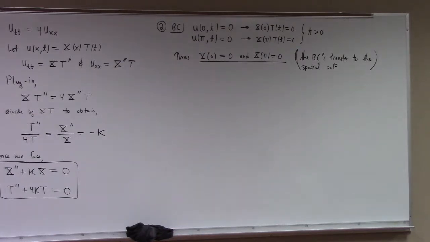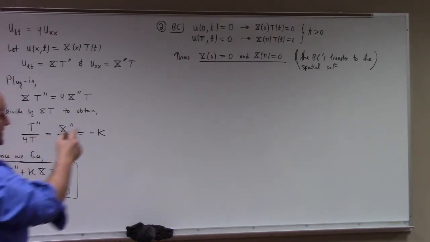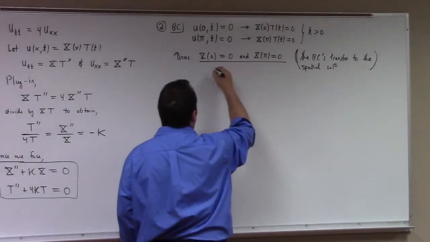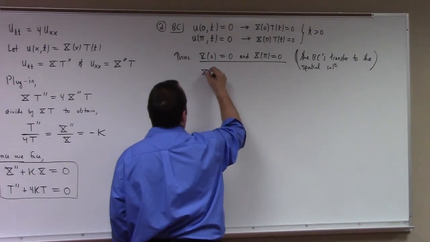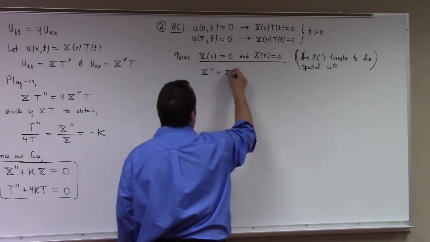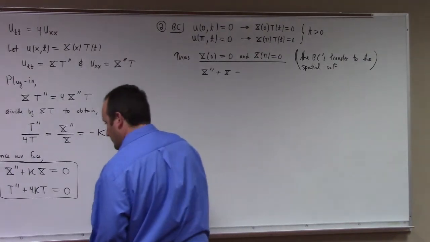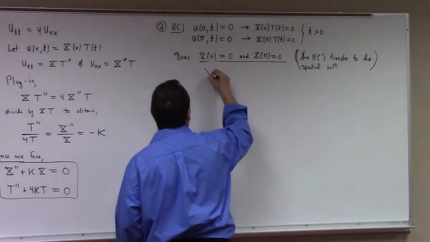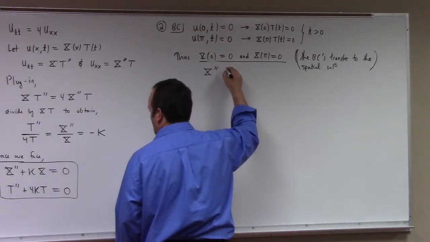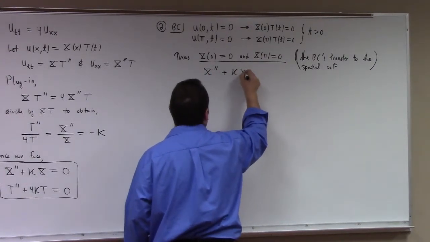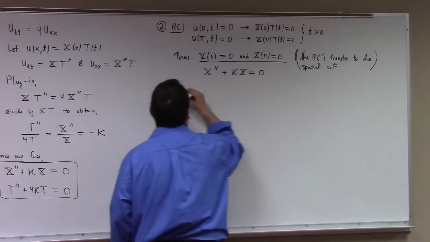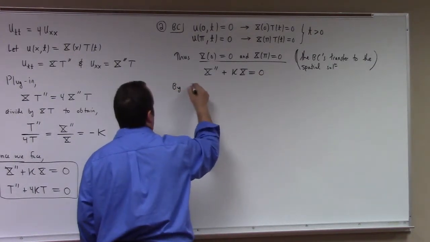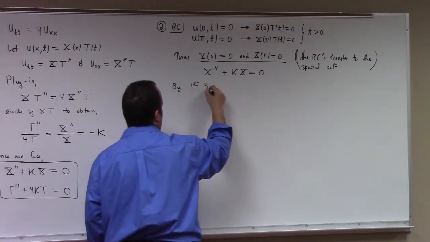What did we learn about this problem? What does k have to be? We're facing X(0) = 0, X(pi) = 0, and X'' + kX = 0. What was the solution to this boundary value problem? By the first proposition from last time,